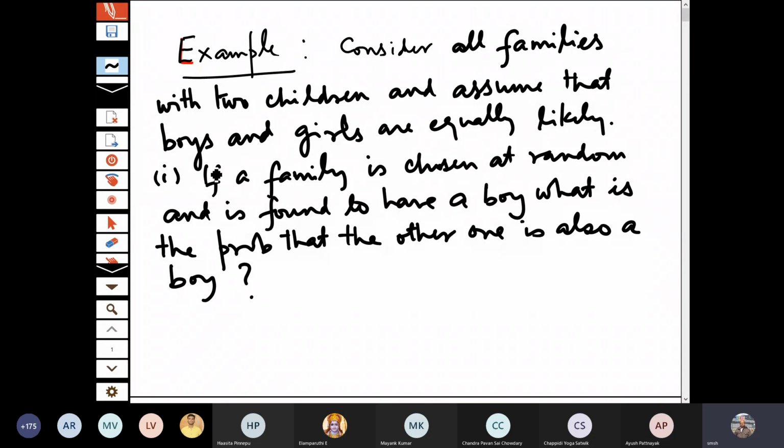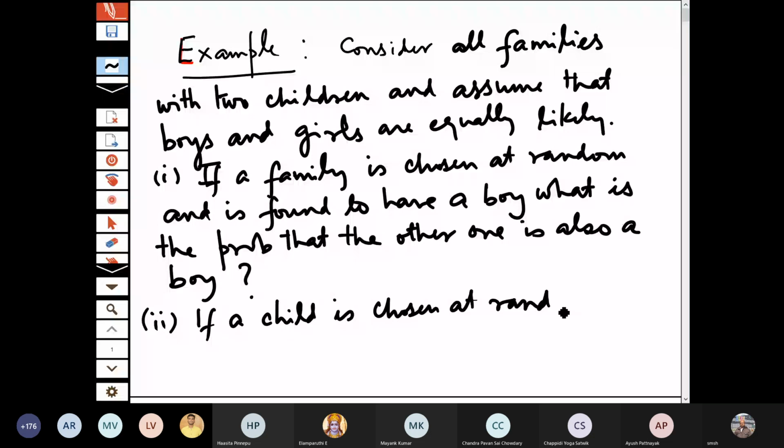So the first question is that if a family is chosen at random and is found to have a boy, what is the probability that the other child in the family is also a boy? Okay. So that is one part of this question. Second part is if a child is chosen at random from these families